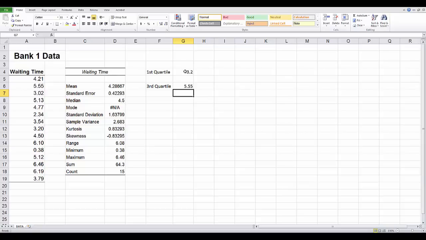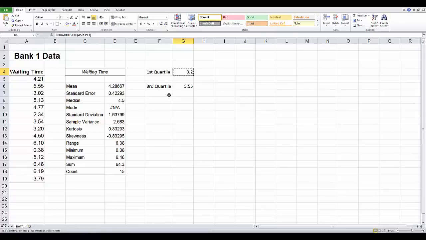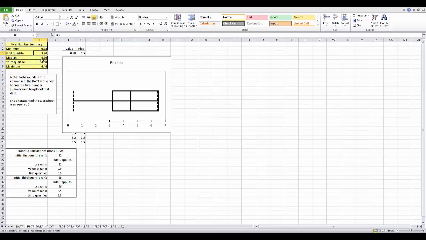Okay, so let's transfer these values to our box plot workbook, to our 5-number summary. So copy, that was our first quartile, so paste special, and our third quartile, so copy, and paste special.